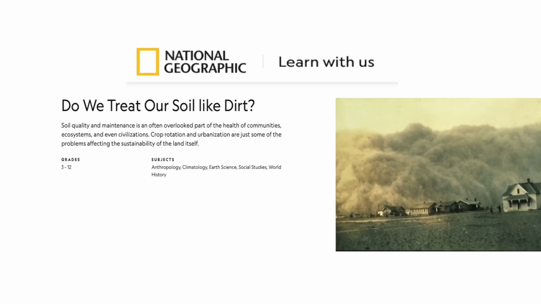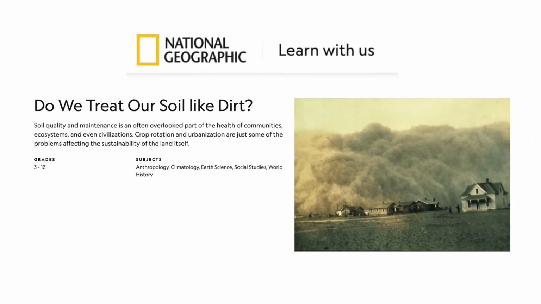In the second part of the activity, students consider factors that affect soil health and what can be done to help. Every student will read, "Do we treat our soil like dirt?" an article from National Geographic that introduces some of the threats to soil conservation. Different versions are linked in each lesson plan to correspond to each age group's reading level. The rest of the activity will be a little different depending on what age group you're working with.